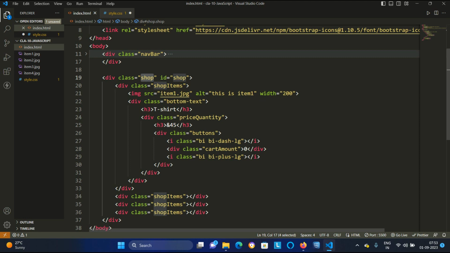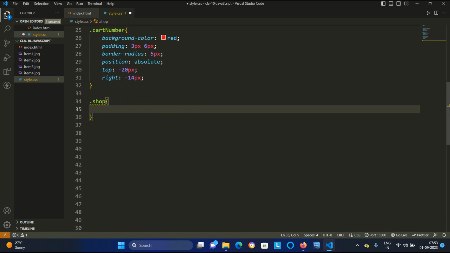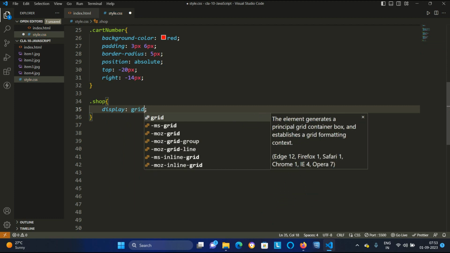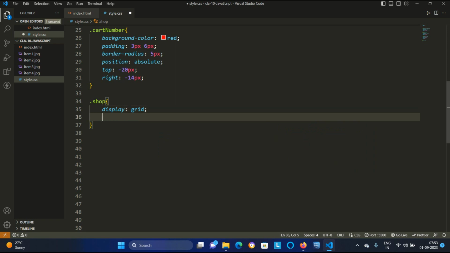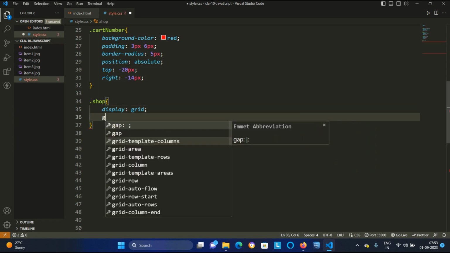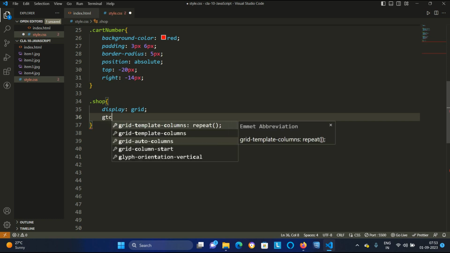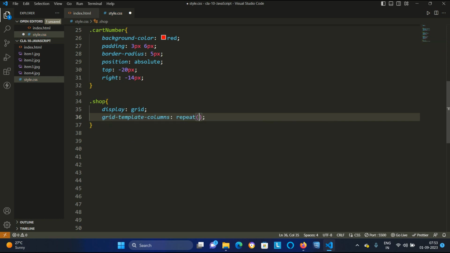So I will say make the SOAP a grid. Making the SOAP a grid means display, you will set as grid. Display grid and GTC tab. Again I am telling you, GTC tab. It will give you the grid template columns.